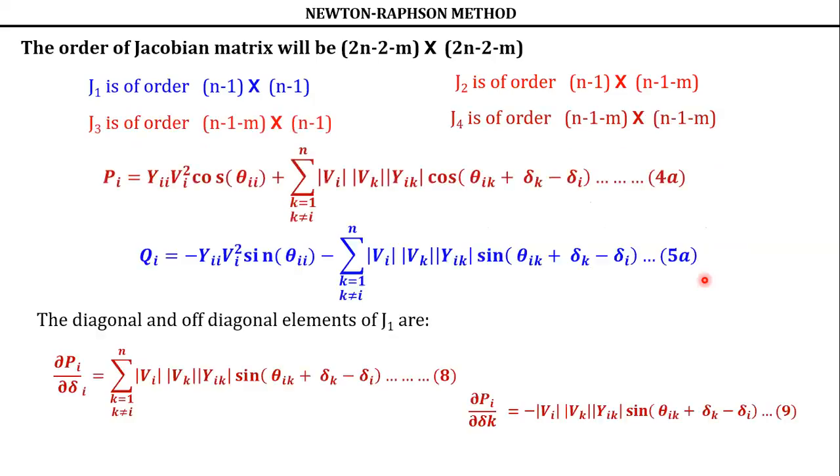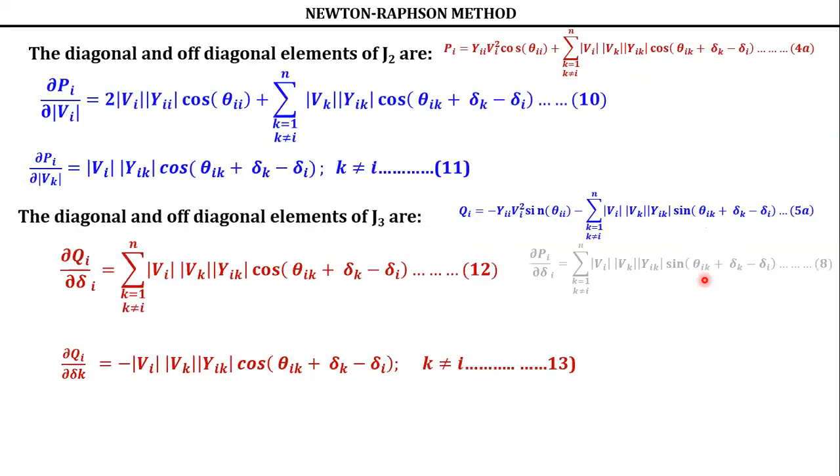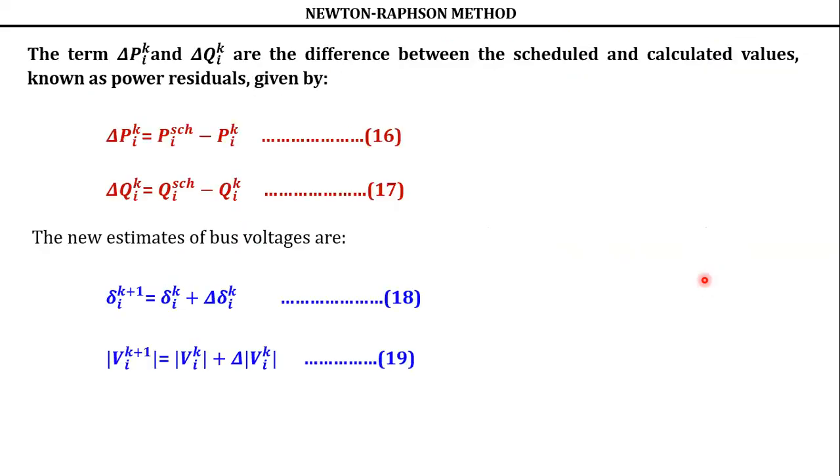Let us see here. Okay, see here. This is what I explained. This is the assumed value, the initial solution, plus delta ik. From that equation we got it. Then similarly, what is Vi of k plus 1? The updated value. That means in the first iteration, k is 0. So Vi at the end of the first iteration is equal to Vik, the initial value, plus delta Vik. From where do we get this correction? From the same Jacobian equation which I have explained. So these are the estimated values, that is, the new value of delta and the new value of Vi.